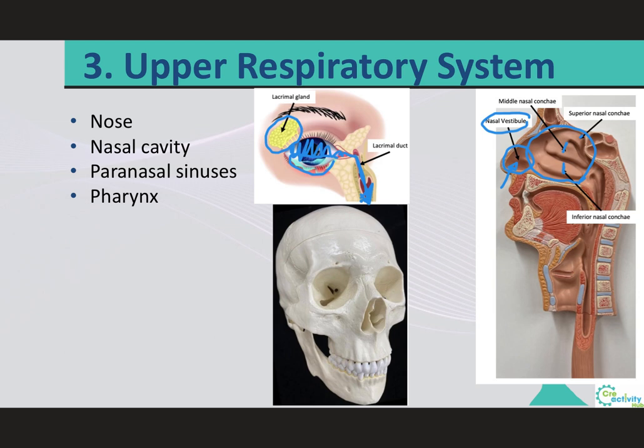To pass from the nasal vestibule to the internal nares, which are the opening from the nasal cavity into the pharynx, right over here, which is located in the posterior wall of the nasal cavity, air will tend to flow between these adjacent conchae. As you can notice from this image, these conchae are narrow grooves rather than opening passageways,